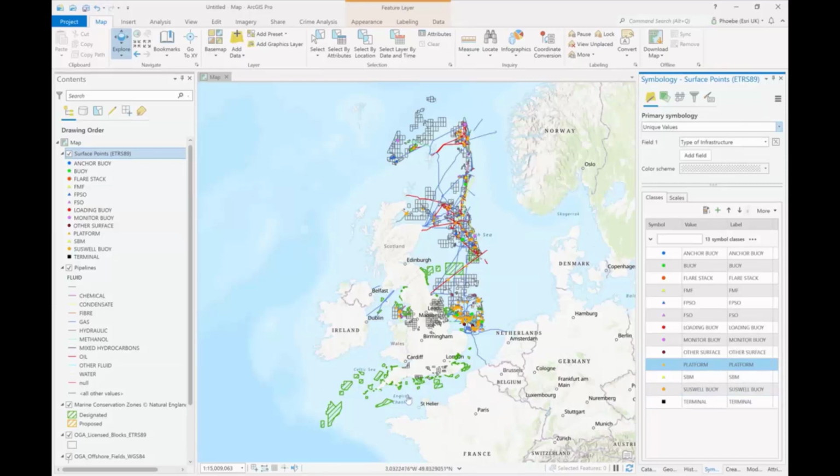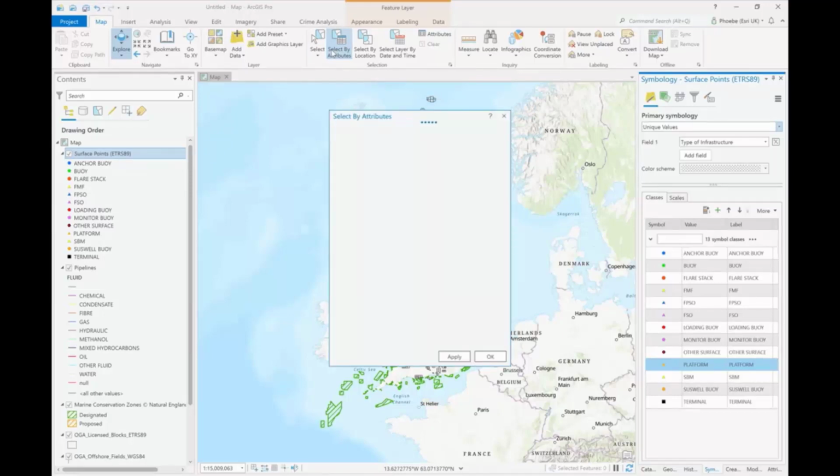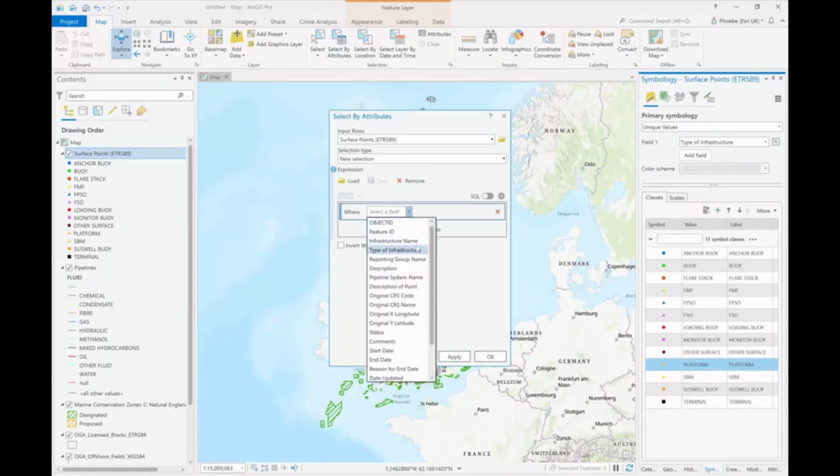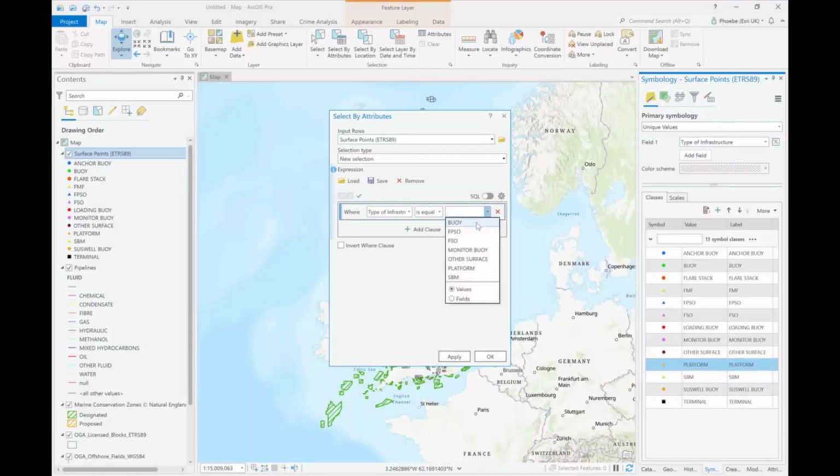We might also want to filter down our data to get a more refined view. For example, we might not want to view all of these surface points, we might just want to view platforms and buoys. And we can do this by select by attributes. By clicking on this tool, we can make sure we've got the right layer, and we're going to create an expression. So I'm going to choose the type of infrastructure, and I know I want buoys,